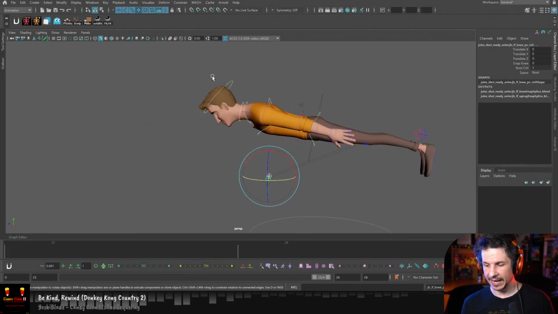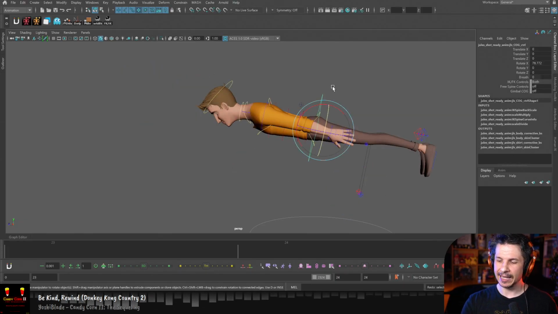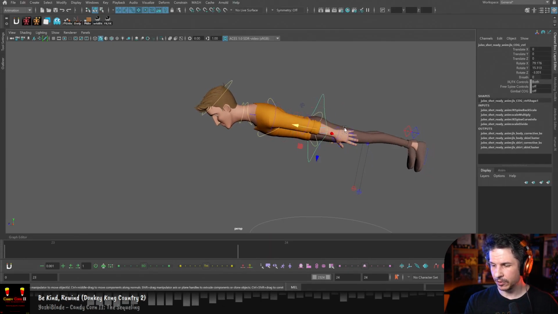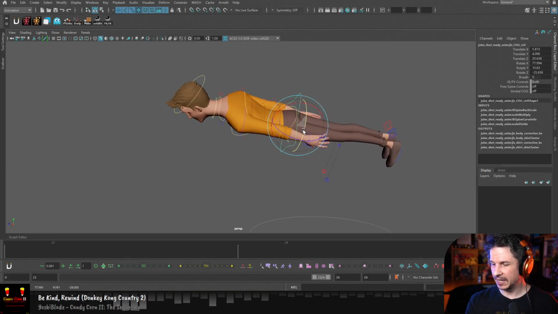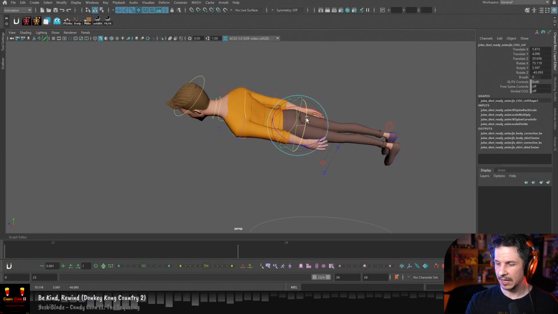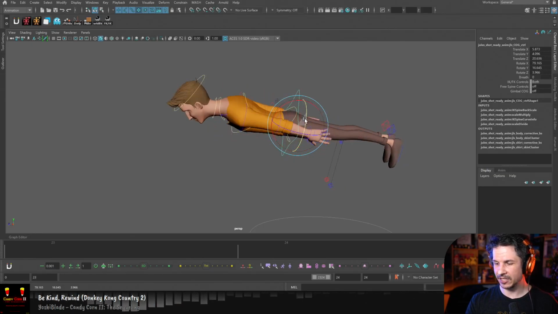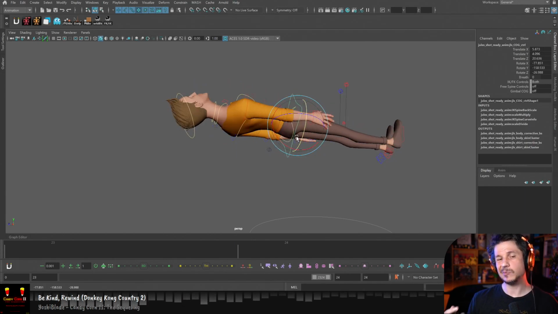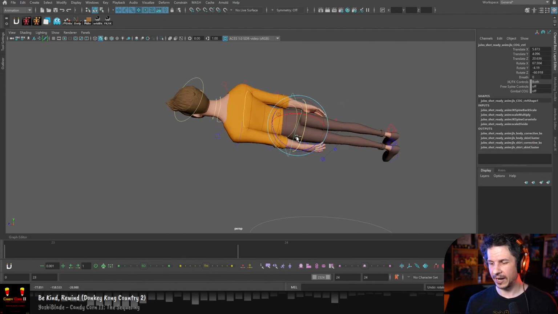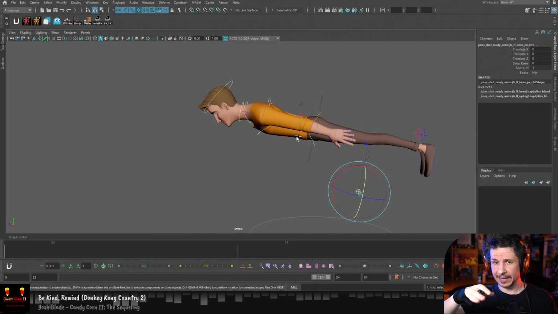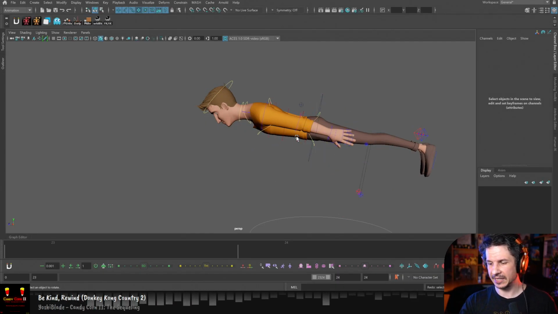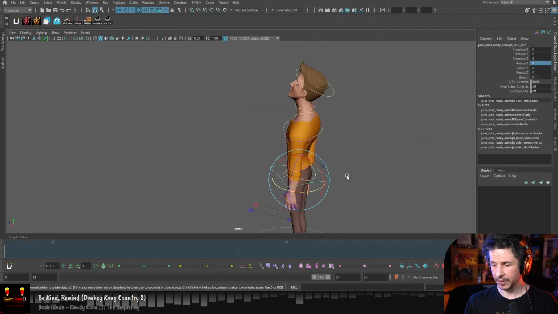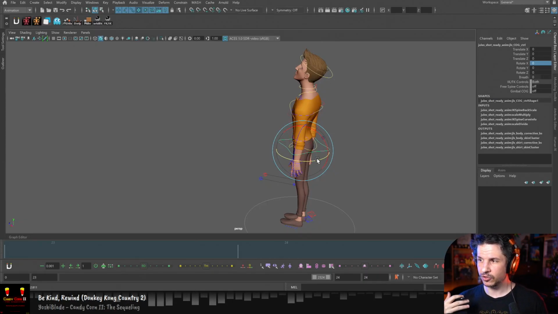Great. That works well. Except, what if he's going at a slight angle? Now, as I rotate him forward here, you can see in the graph editor a whole bunch of extra rotations going on as he's spinning in the air. And that could be really annoying to try and clean up because you're going on a slight angle. You're not perfectly perpendicular. So how do we avoid that? Well, this is where I would try to think of